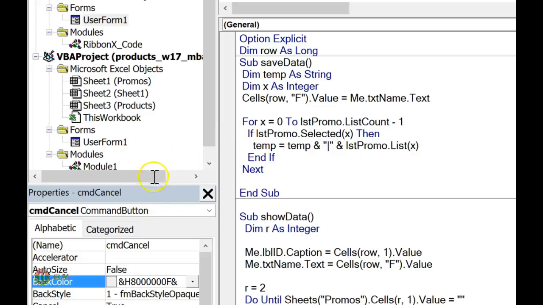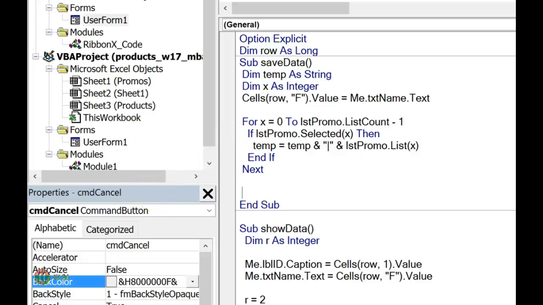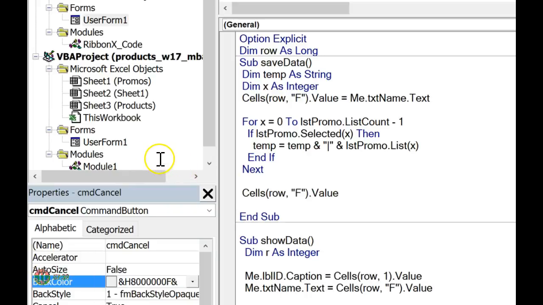And then after I've built that, I'm going to write that out to the worksheet at that location. That's column H. It's going to equal, now if I just put temp in here, it's going to be everything. It's going to start with the pipe character, and then everything else. I don't really want the pipe character in there. So, how do I say everything but the first character? Mid, look at temp, start at 2,